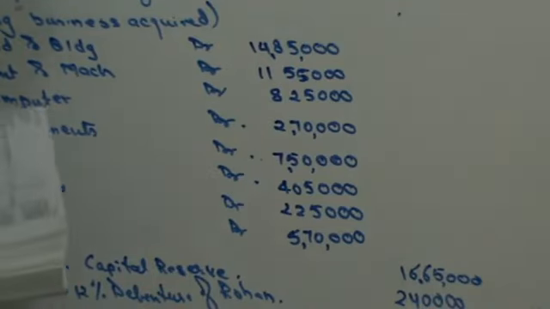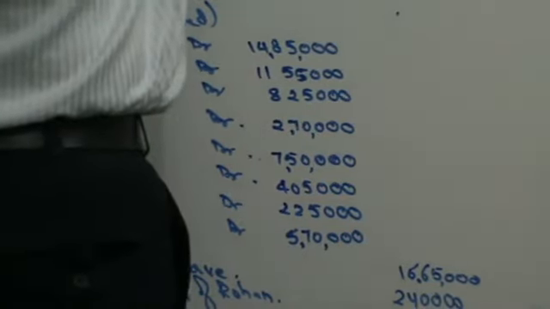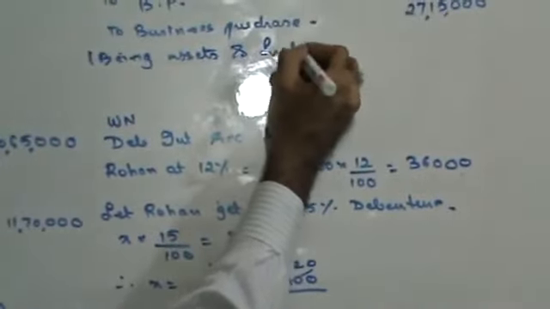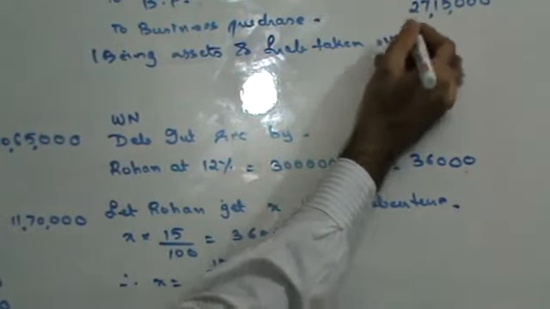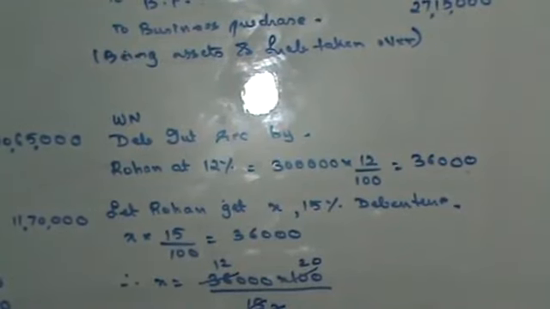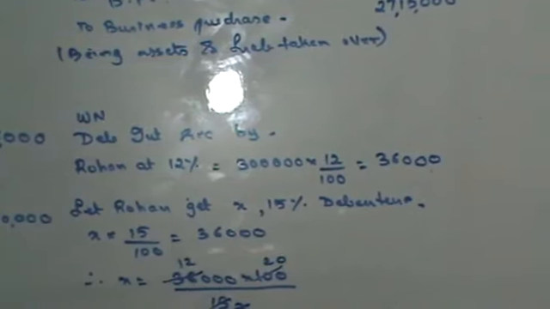Okay. Once you have this, this is being assets and liabilities taken over. Right? Once you have taken over the assets and liabilities, next you have to pay. Right? You have to pay the purchase consideration. So you will have liquidators